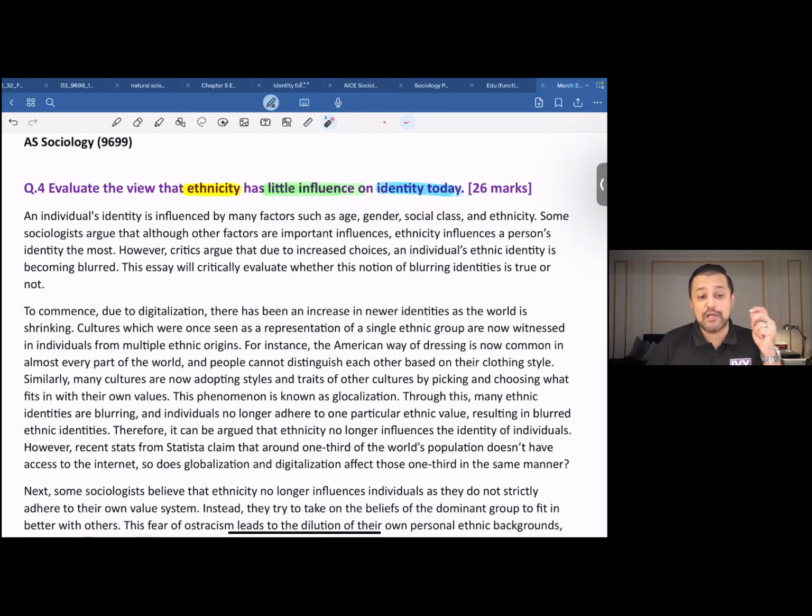Some sociologists argue that although other factors are important influences, ethnicity influences a person's identity the most. However, critiques argue that due to increased choice, an individual's ethnic identity is becoming blurred. This essay will critically evaluate whether this notion of blurring identities is true or not. To commence or to begin with, due to